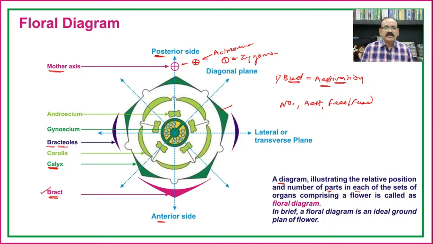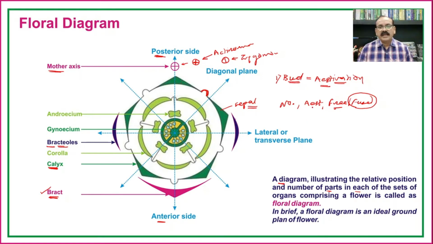Here these sepals are drawn, and one sepal is drawn to the posterior side, and here these different sepals are attached with each other, hence it is shown in the diagram that they are fused. But if the sepals are free, then there is no necessity to draw such a loop, so that the sepals will be shown free in the flower.